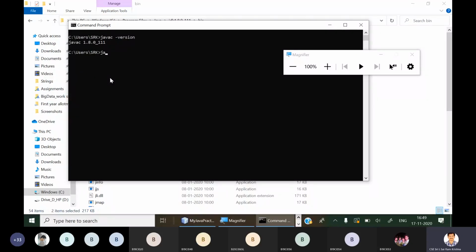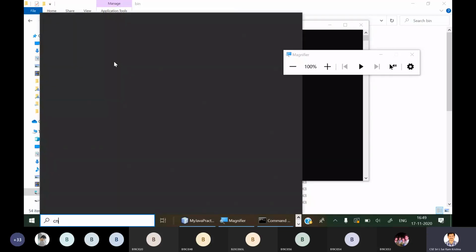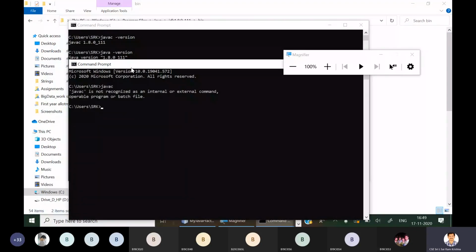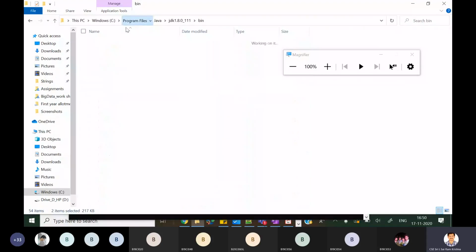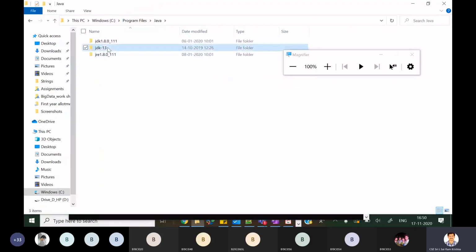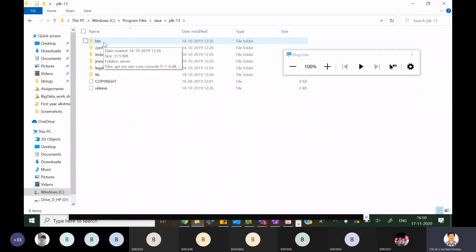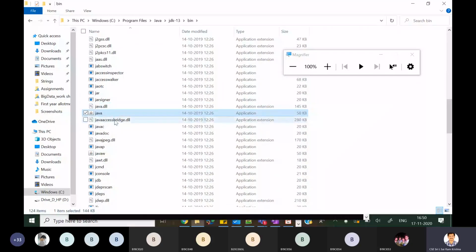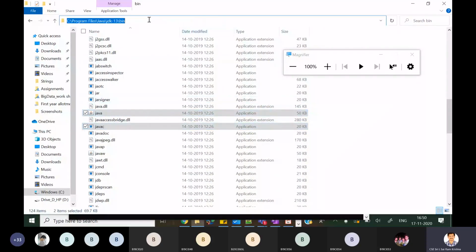Once both versions are the same, then you can go ahead and execute the program. Okay, now they belong to the same version. Let's suppose you want to work with JDK 1.3, that means 13, which I installed in my computer. What you can do is open another command prompt and check it out. javac is giving an error. Now set path equal to double quotes. Now go to Program Files, Java, open this JDK 13, go for bin, and you can see here javac and java exist. Therefore, copy this content.